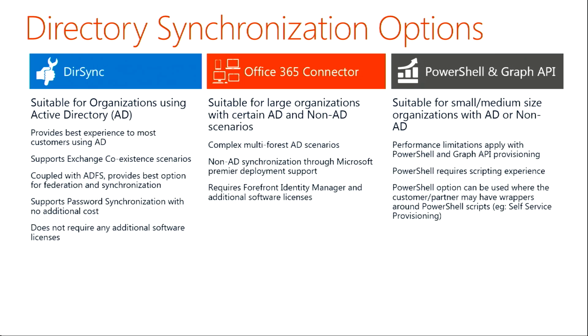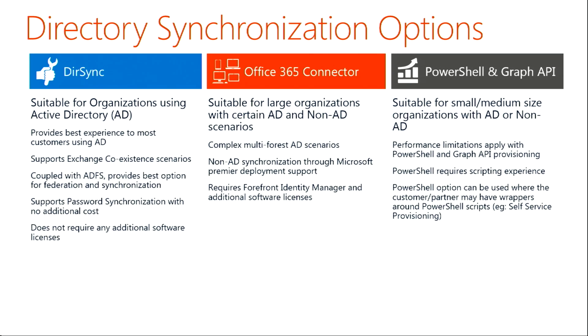Now, in the middle, we've got Office 365 connector, and what that's actually referring to is an add-on that's available for FIM. Now, you guys might be able to confirm, this is about to change name, and it's currently in beta on TechEd, I think. It's the Azure AD connector? Yeah. Sure. I don't know what name it'll go to, but yes. It's going to change name shortly, and I believe it's in release candidate on TechNet right now. What this does is it snaps into FIM and allows you to synchronize your directory, or multiple directories really, to Office 365, because FIM gives you a whole heap of complexity around managing multiple forests and multiple domains. And that's one of the reasons why you might want to go there.